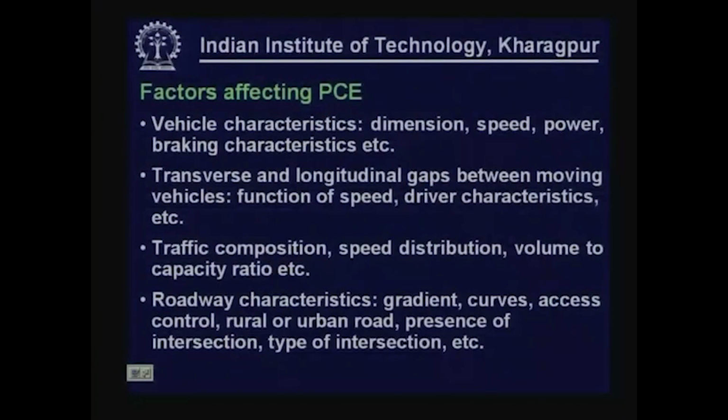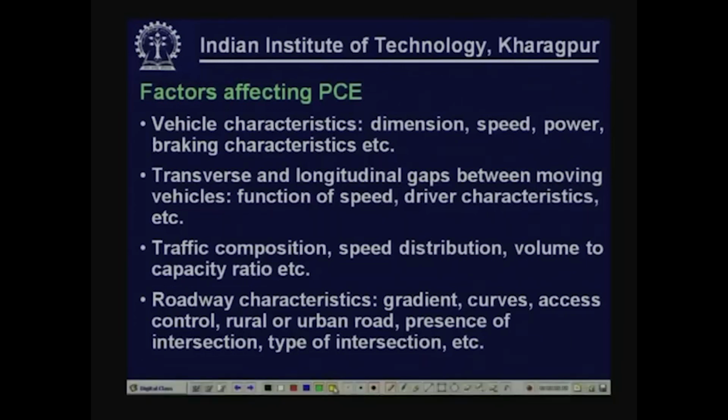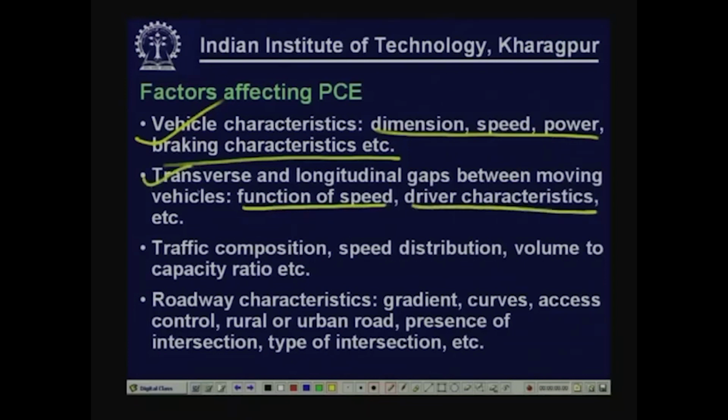Let us quickly see the factors which are affecting the passenger car equivalency. Vehicle characteristics like dimension, speed, power, braking characteristics, etc. Then you have transverse and longitudinal gaps that again affect the PCE. So, basically it is again a function of speed, driver characteristics, etc. Then the traffic composition: what are the different vehicle types, what is the speed distribution, what is the traffic volume as compared to capacity, all this will affect the PCE,